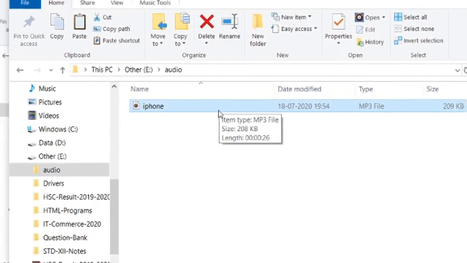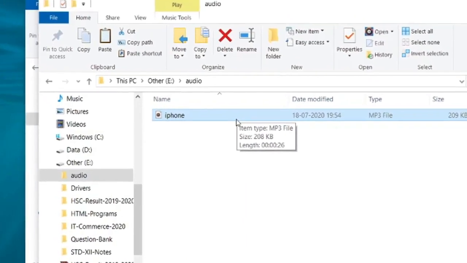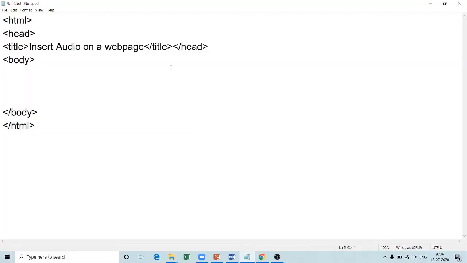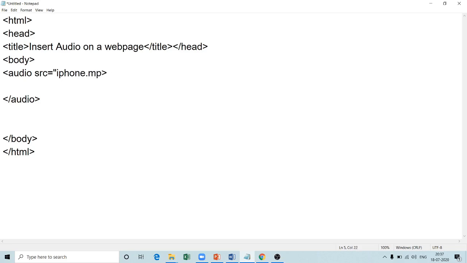So we will insert this file on the web page. Here I have one basic structure of an HTML program. I will add the audio tag with the source tag. First we will add the audio tag, that is audio tag open and audio tag close. We will add the attributes which we have learned one by one. First we will add src as an attribute. Now the file which we have saved, that is iphone.mp3, I will add that file here